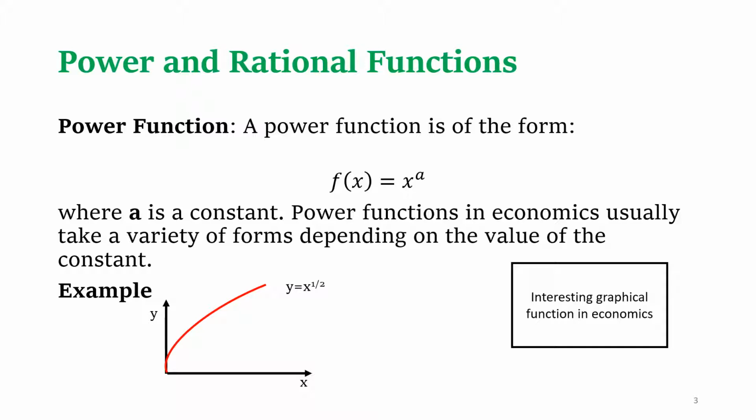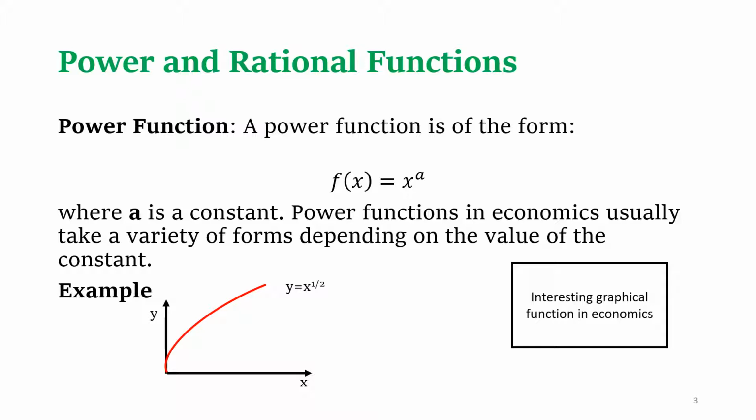Again, for that particular function, the function is asymptotic to both the vertical axis as well as the horizontal axis. Now, when I say it is asymptotic, if you have a power function which is given as y equals x to the -1,